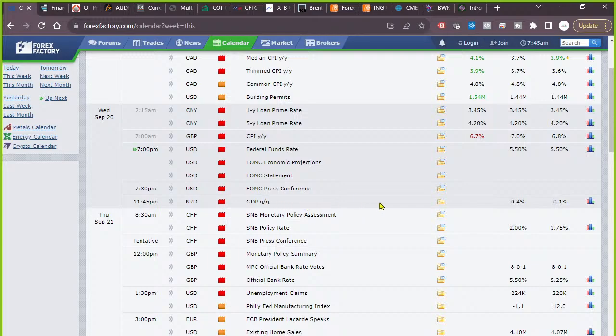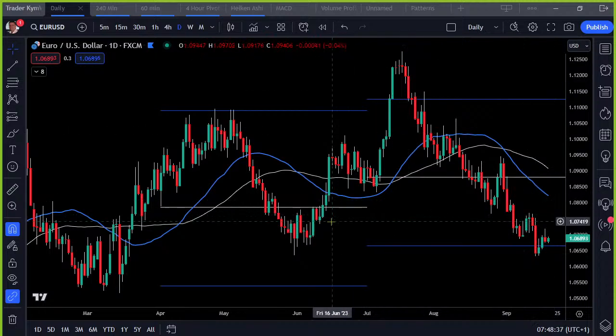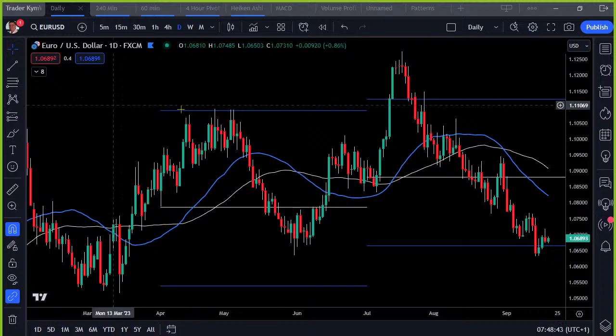Anyway, an important meeting, 7 o'clock, that data will all be released, and then we've got the press conference at 7:30. It may be a bit dovish, followed by a bit of hawkishness, so be careful. My idea here is not to be trading too much at all. Be careful of anything that's directly dollar based. Right, that's pretty much it. The GDP data coming through for New Zealand at 11:45. So that's the important stuff for today. Not forgetting tomorrow is the Bank of England. Put that in the back of your mind so you can remember.